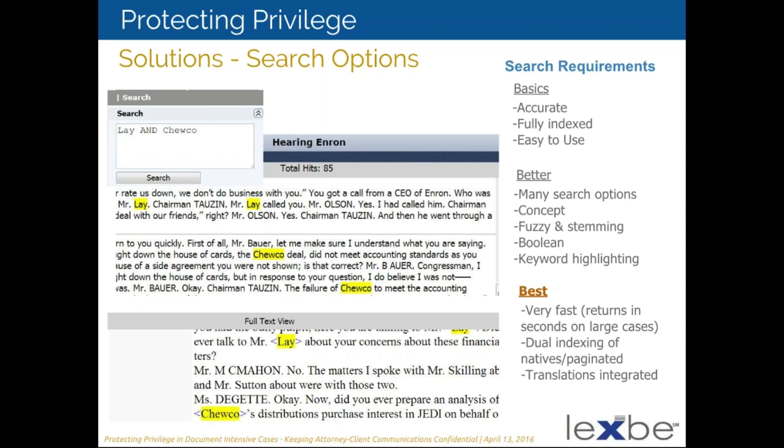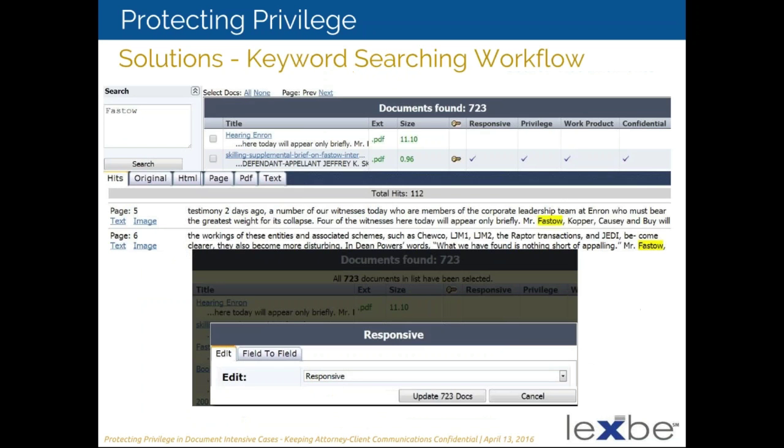It should be returning in seconds, certainly not minutes, even for larger cases. Translations integrated, as I mentioned, and then we do the dual indexing of the natives and OCR or paginated versions that I'll talk a little bit more about.